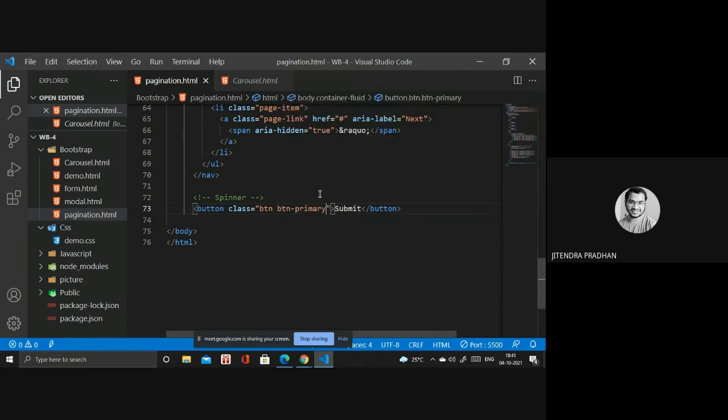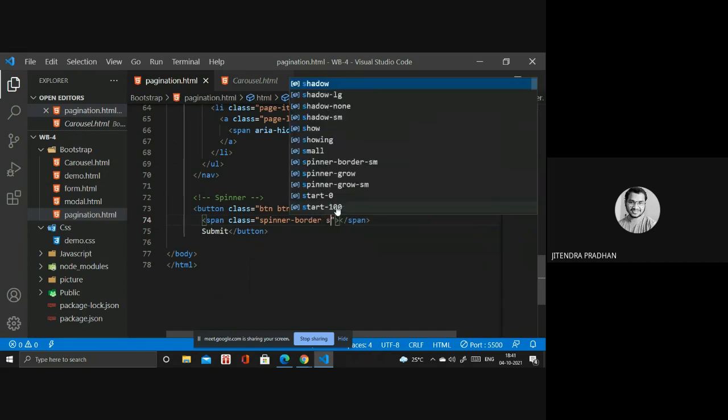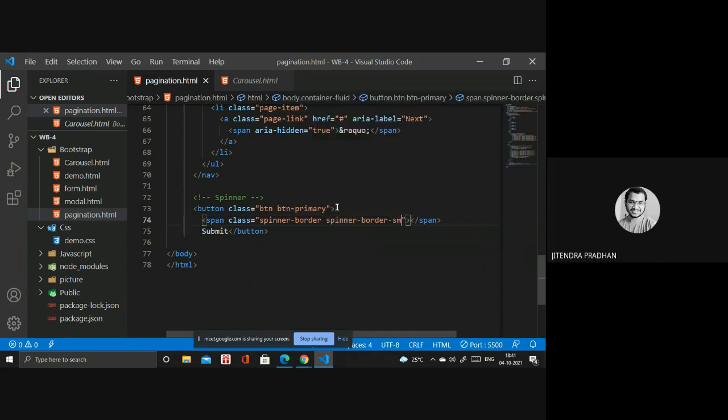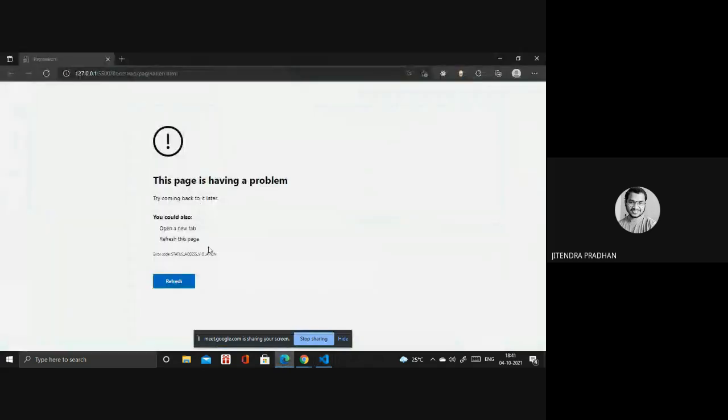Next, if you need something in that spinner inside that button, then you have to use a span, and inside the span you have to write the class spinner border, and we have spinner border sm for small. If you require large, then you have to use large.